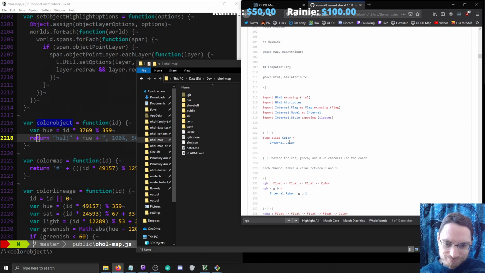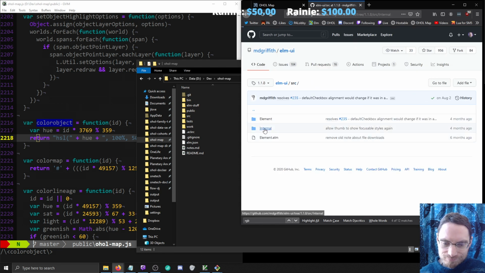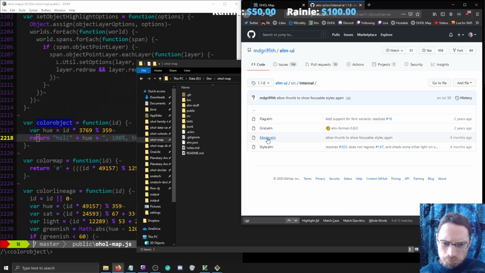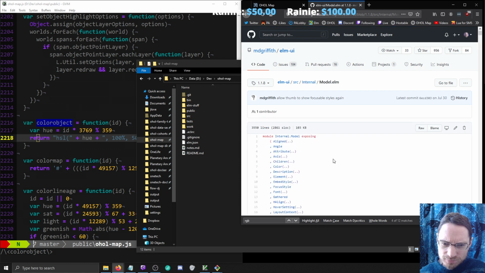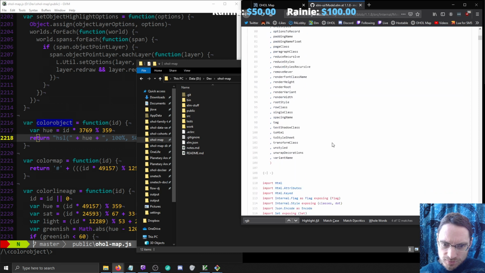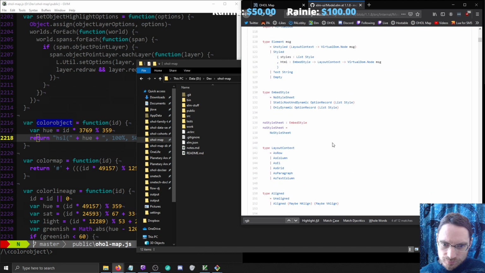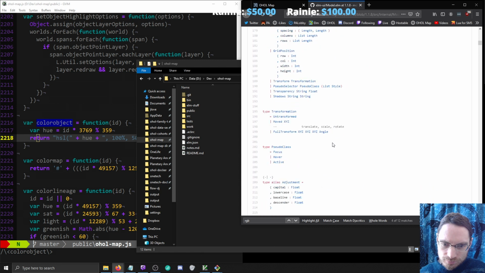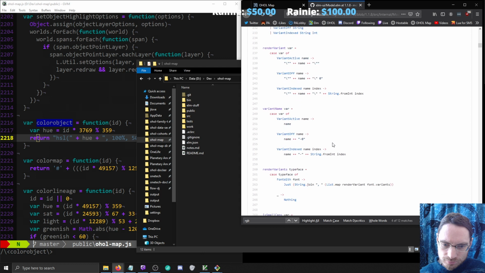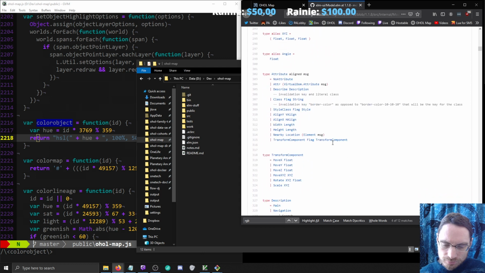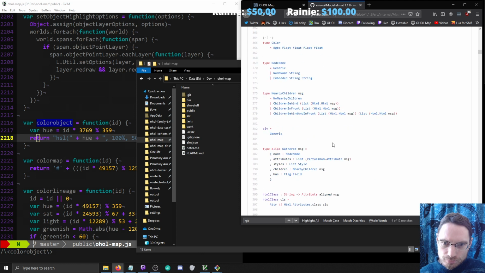Internal.color. Model or style? Nope, there's color. And it's literally represented as RGBA. So that's going to be a custom construct we can have access to. So the only way to interface with color in this thing